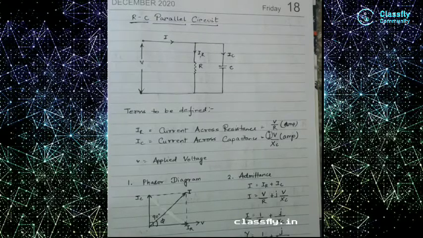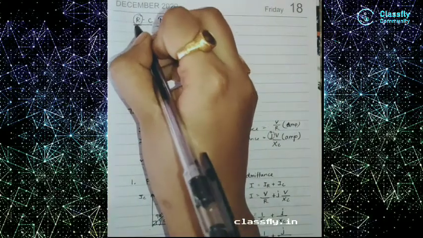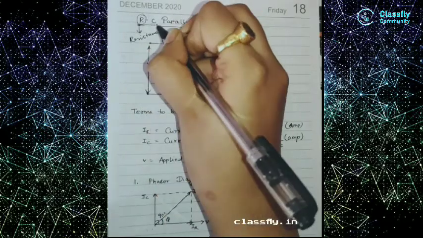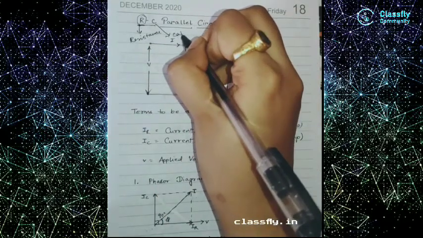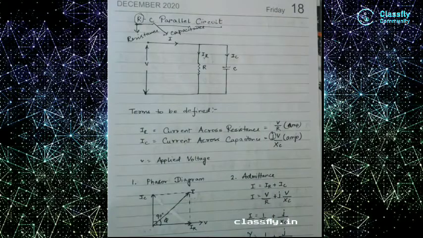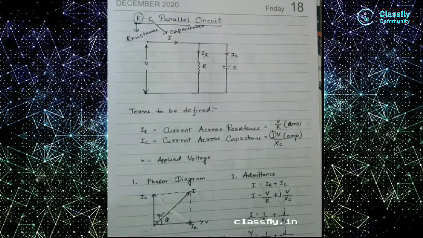So today's topic is the RC parallel circuit. We have already done the RL parallel circuit. From the topic we can clearly understand that R is our resistance and C is our capacitance. That means both the resistance and the capacitance will be in the form of a parallel circuit, and we know